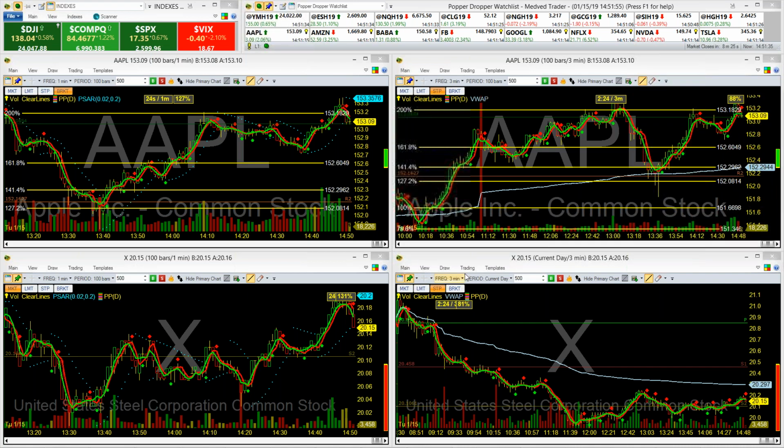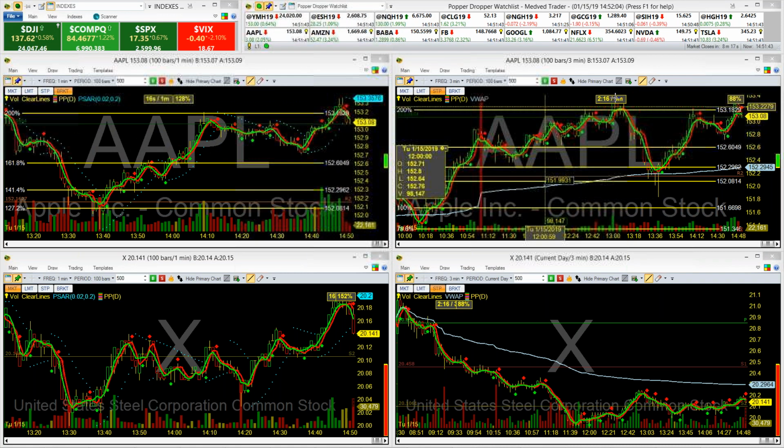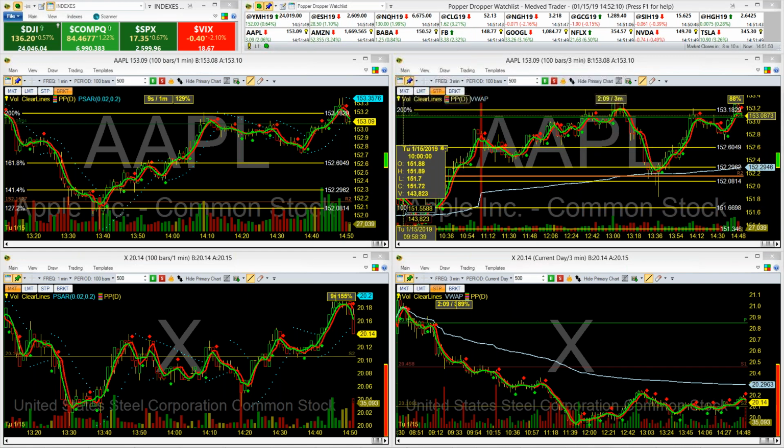All right. So here again, here's our 1 minute and our 3 minute. And look at this, pretty toppy. And we're at the 200 fib level,